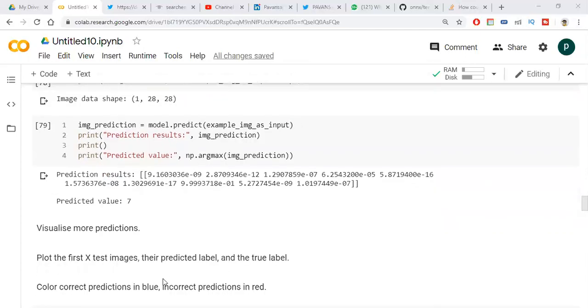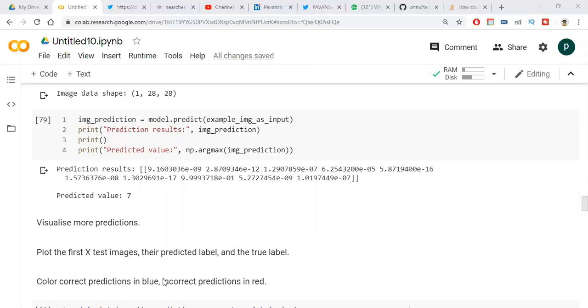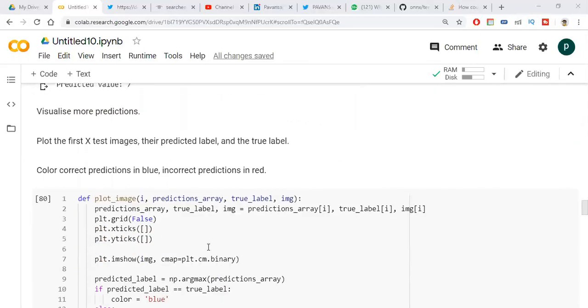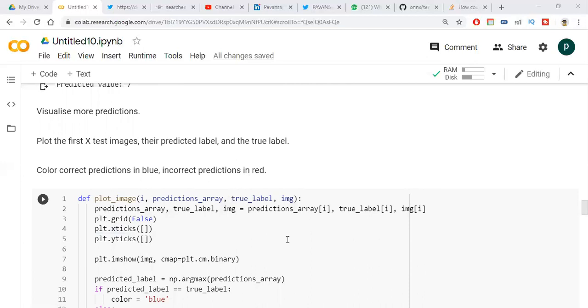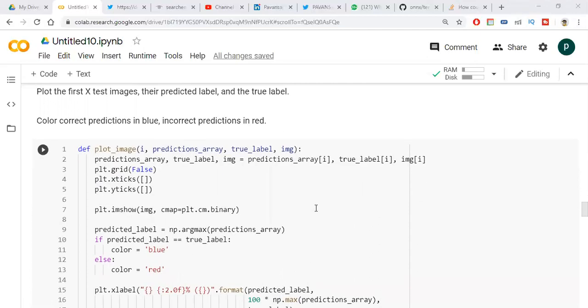If you want to visualize for each image how much the prediction accuracy is, for this reason I am first writing a function plot_image. In this function I am giving the prediction array. For every image, the output is an array of prediction or probability values. I am giving this, the label of that value, and the image, and I am printing this.